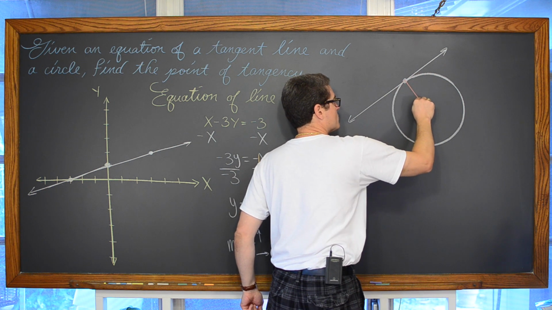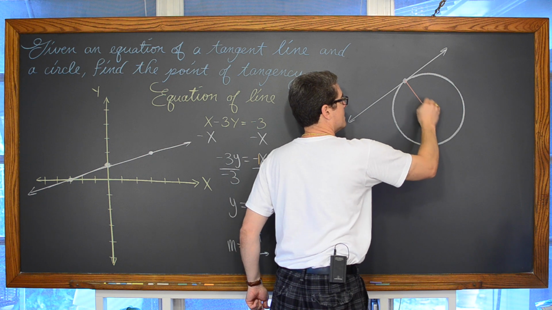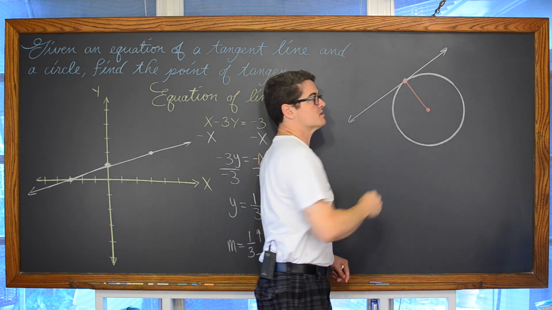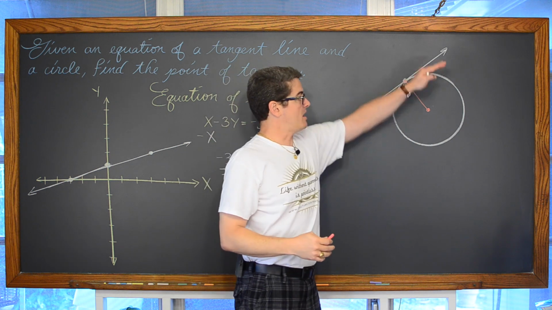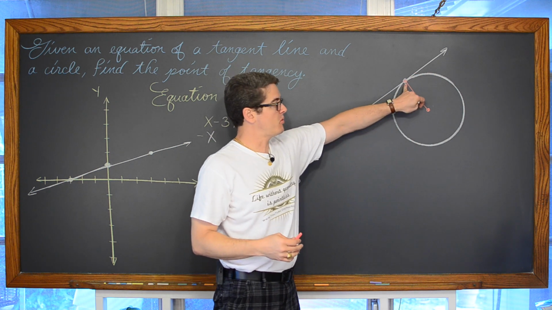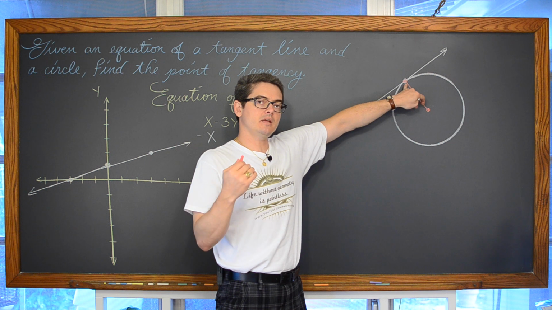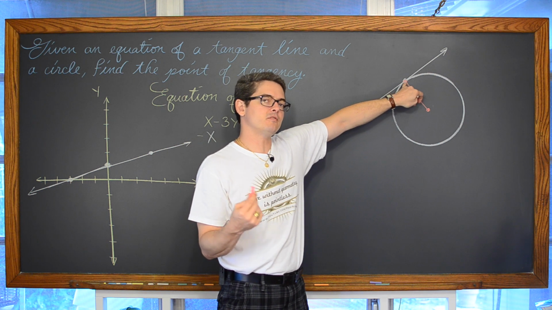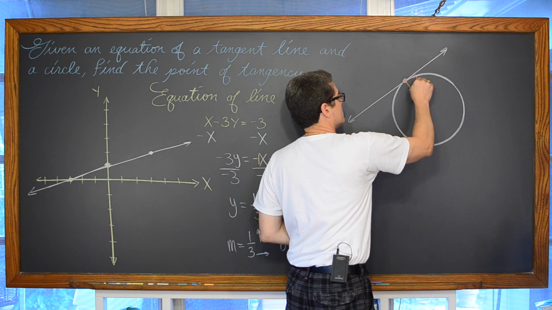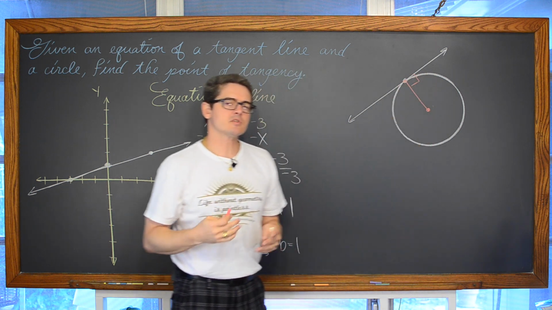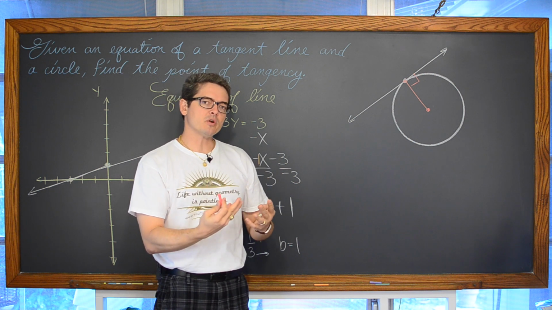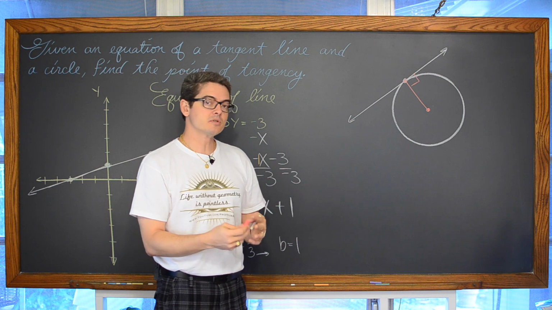there's some kind of special relationship. Not only does the tangent line only touch the circle once, but there's a relationship between the radius and the tangent line, at least if the endpoint of the radius is the point of tangency, which is what we're ultimately going to find in this example when we have our example set up. Those line segments are perpendicular. Now we need to remember then some kind of property about perpendicular slopes.